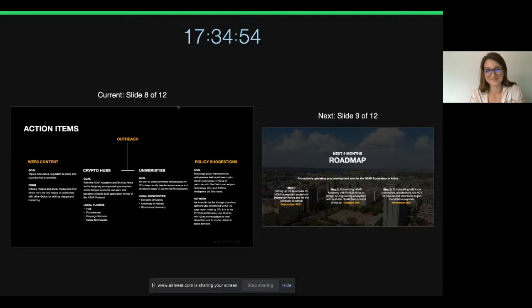So basically, like I mentioned, Web3 content, we're planning to produce videos, articles. All of these objectives, or at least activities, are centered towards this very same goal, to implement the NEAR ecosystem and NEAR blockchain in Kenya. So we're going to reach out to crypto hubs. We're going to reach out to universities. We're actually thinking about creating university ambassadors to help us identify talented entrepreneurs and developers that are willing to join